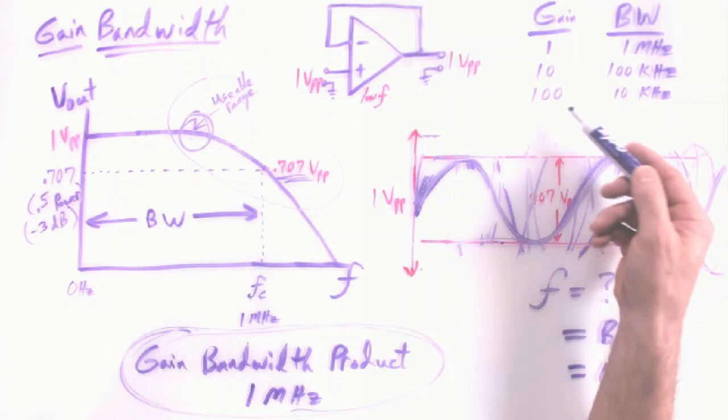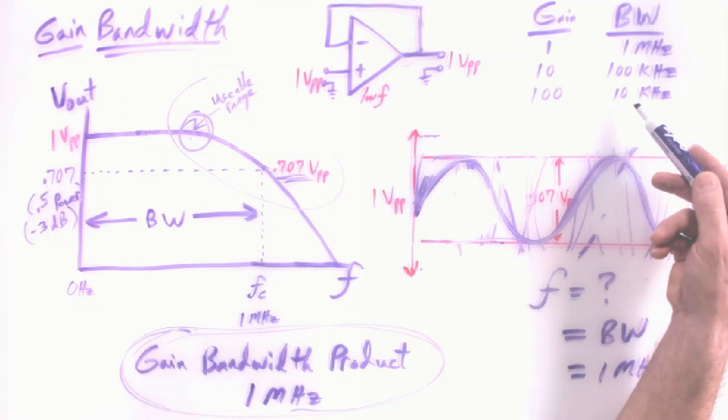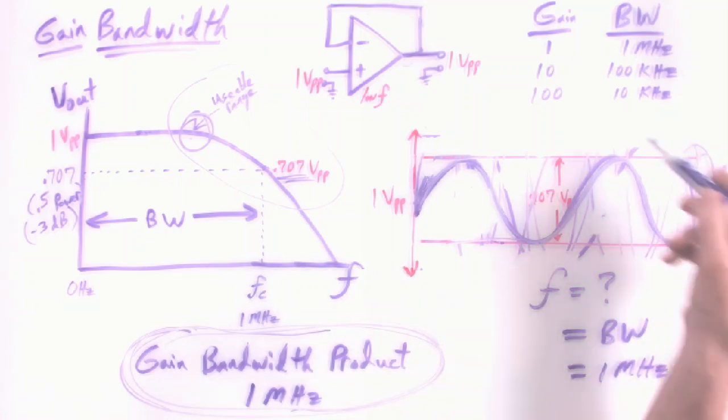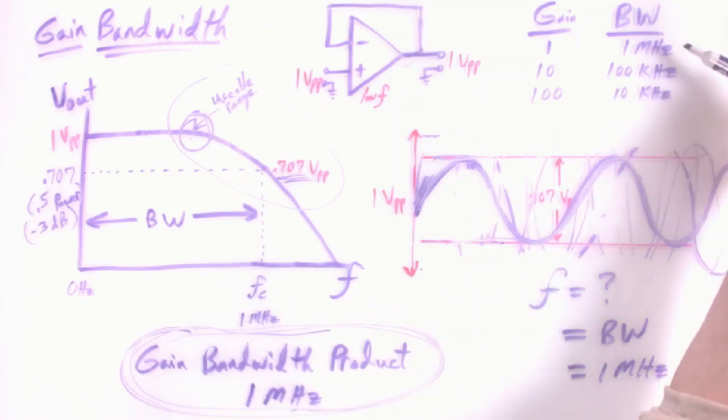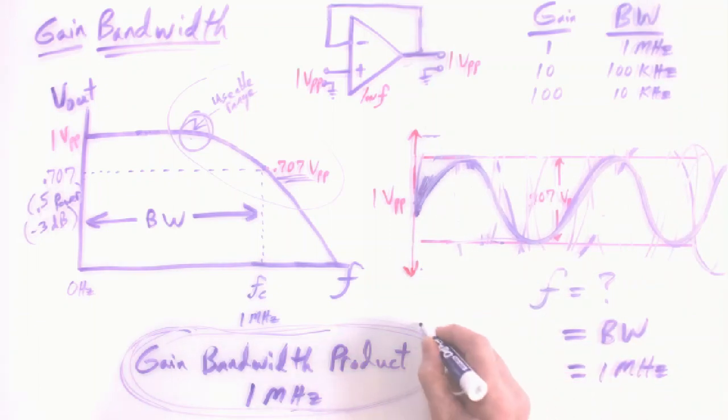If you need even higher gain, like a gain of 100, your bandwidth is only going to be 10 kilohertz for an op amp with a gain bandwidth product of 1 megahertz. Now this is very simple. The gain bandwidth product rating,